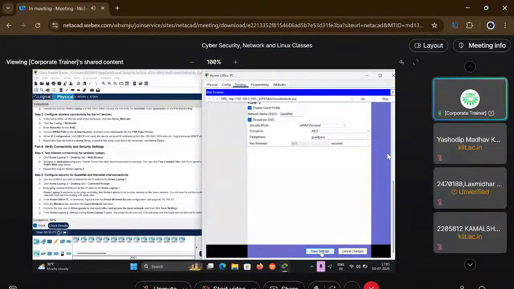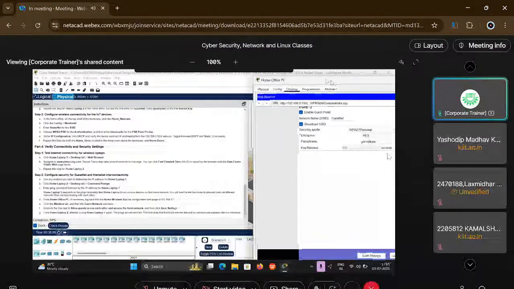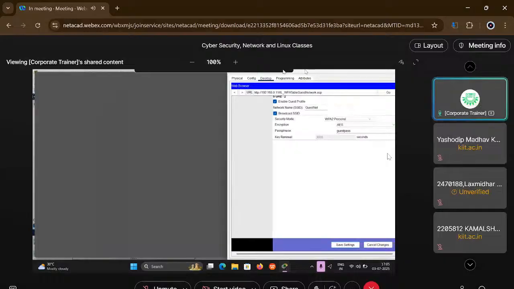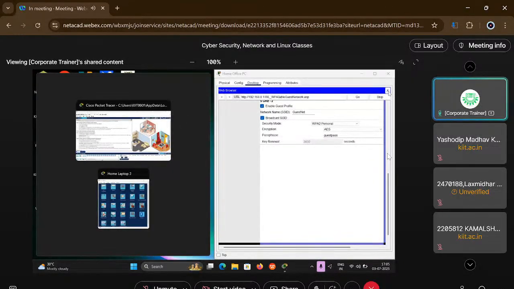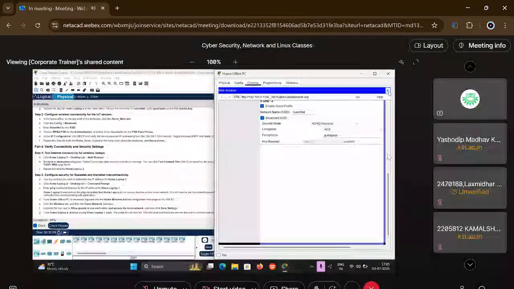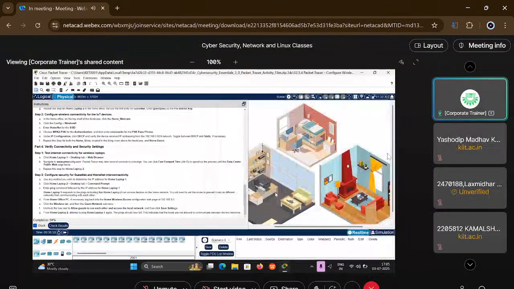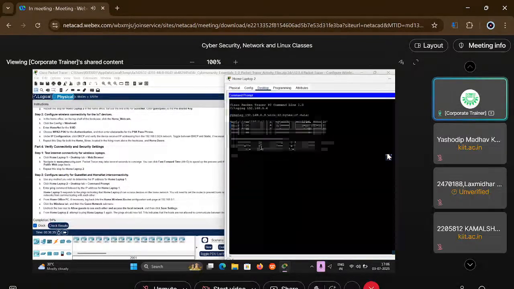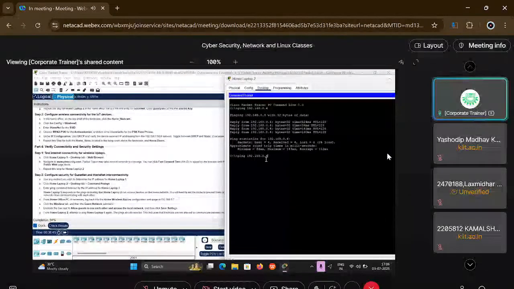Now we'll try to ping from the home laptop to home laptop 1 again. The ping should fail, and this indicates that the hosts are not allowed to communicate between the two networks. So in this case, if you go to laptop 2, on this side, click here, go to the command prompt and type the same IP of laptop 1. Use the ping. Initially it was pinging, now it will fail because we have disabled the connections